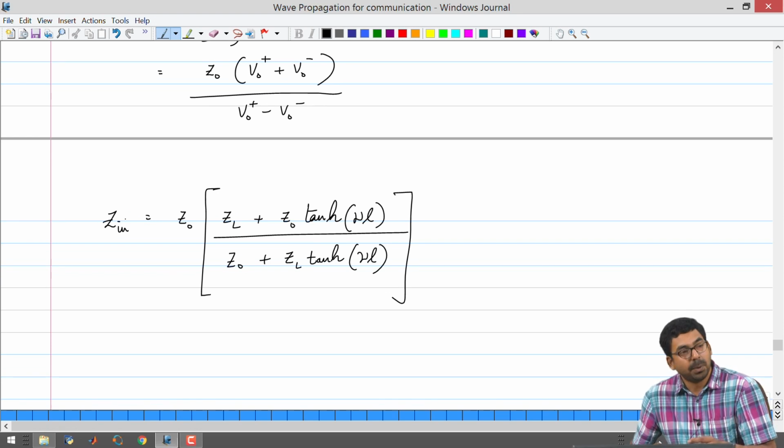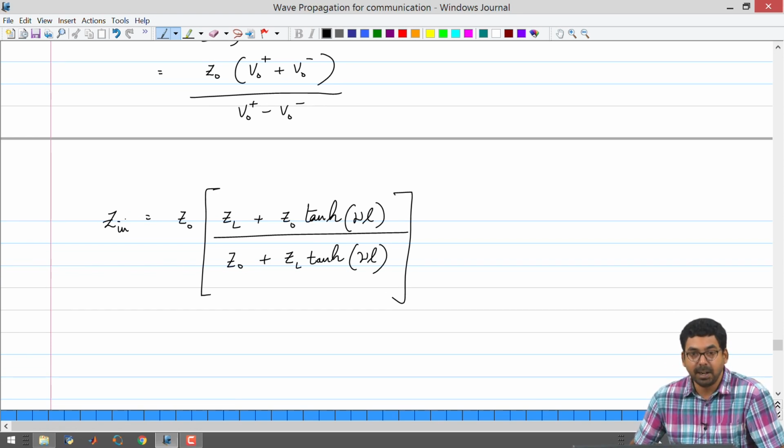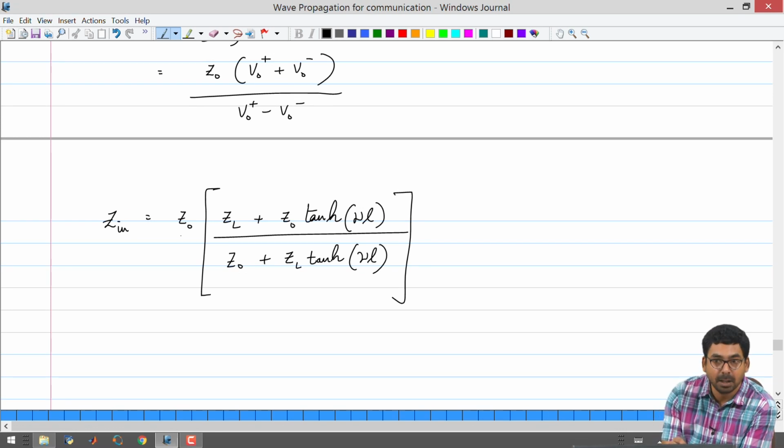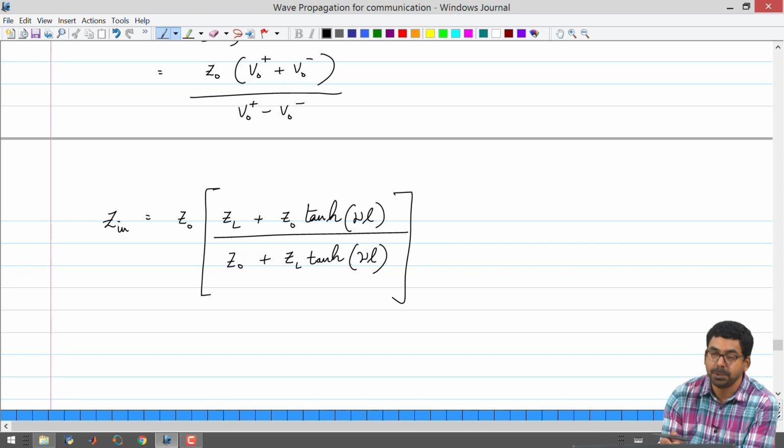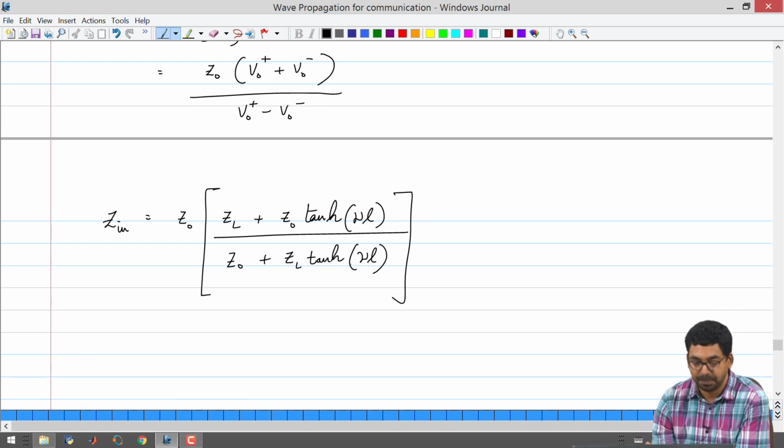The reason this was done is that in previous lectures we have seen what Z in would be in the case of a lossless transmission line. In the case of a lossless transmission line, we had a very similar expression. We just had Z naught multiplied by ZL plus Z naught tan beta L, divided by Z naught plus ZL tan beta L. So, this is the expression that we had for the lossless case. I just wanted to make sure that you had it for the lossy case also. And if you remember this, you can always substitute alpha equal to 0, and then the sanity check can be whether you get back the same expression. It appears that you will get back the same expression.